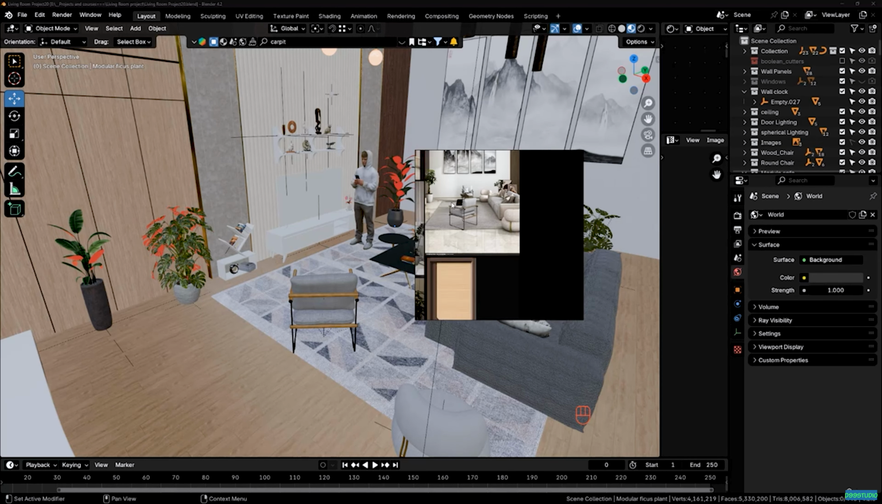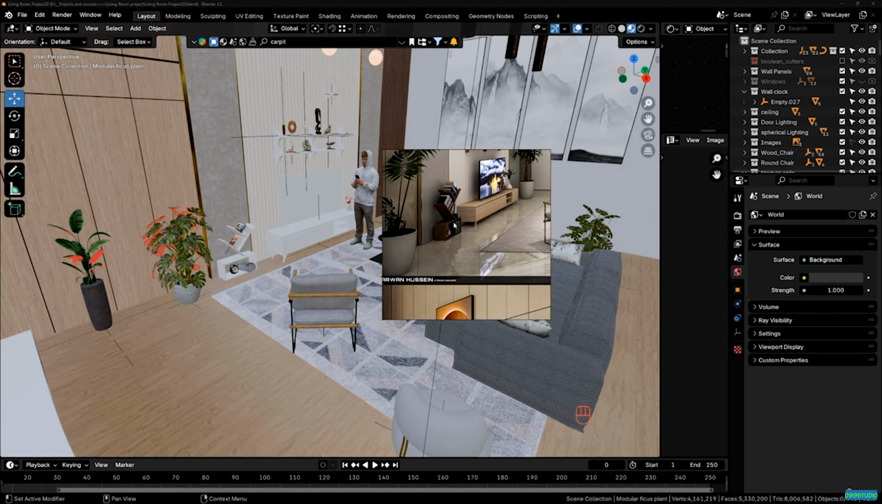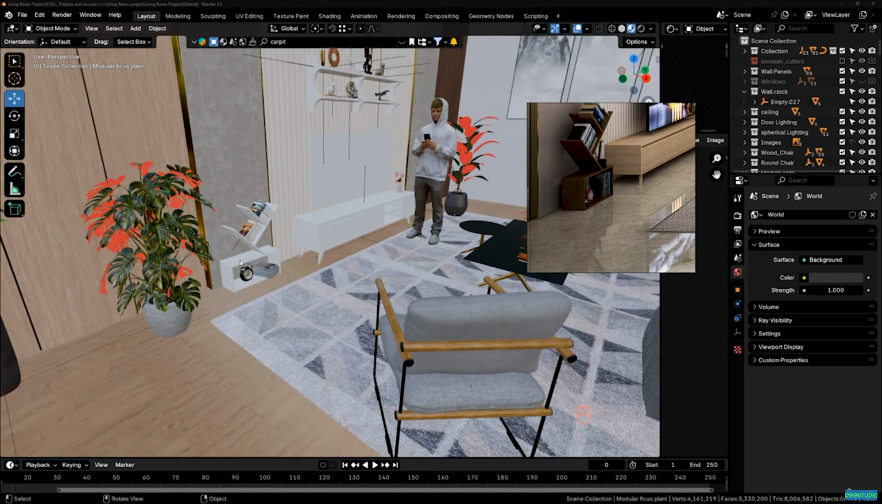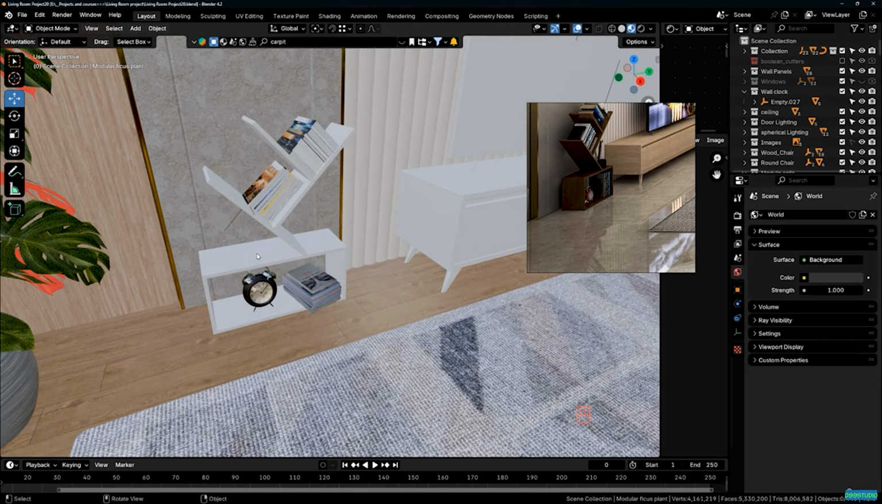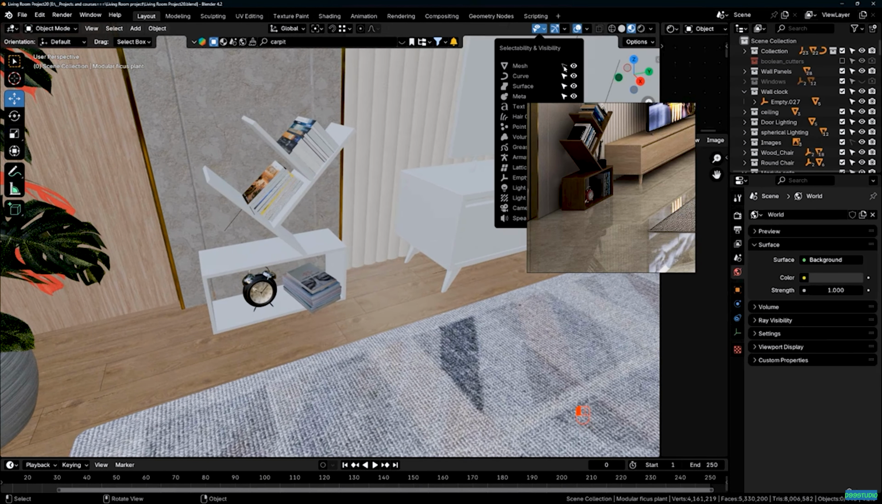All right, let's see what else we can do here. I guess we can start with the furniture. Let's give these pieces a material. For example, I can start with this one